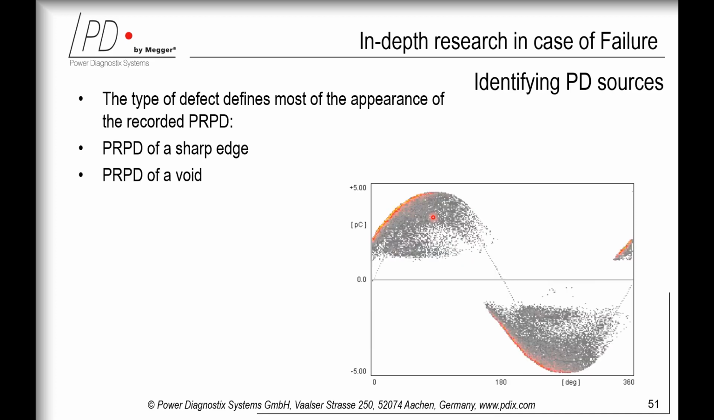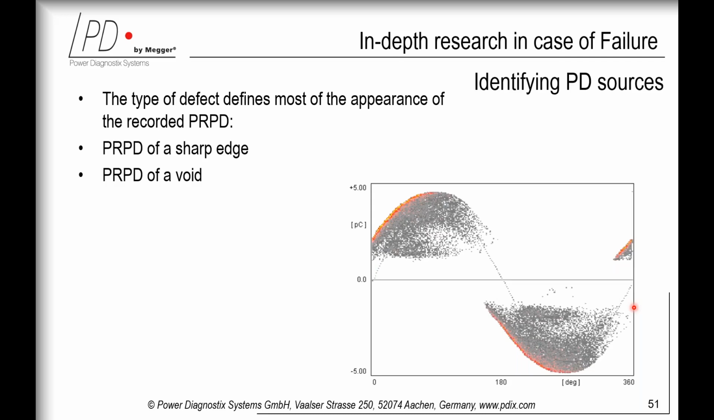This is a typical PRPD of a void type defect. The void is always following the sine wave. So here you see it, and here you see it following roughly the voltage sine. However, please be careful. The shape of a PRPD also depends on the position within the transformer,